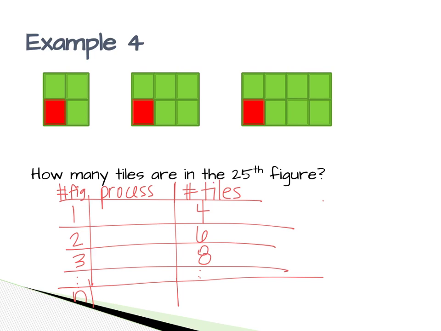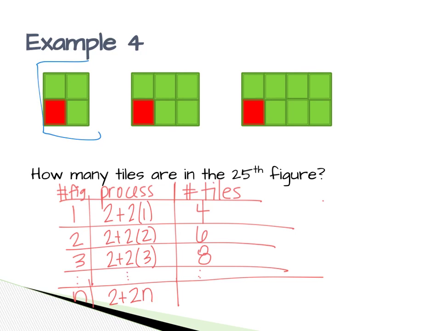How did I get from 1 to 4, and then from 2 to 6, and then from 3 to 8? And you have to remember that you have to use the same rule every time. I'm going to ask you to pause it right here and think about it, and then I'll tell you in just a second. Okay, so I thought about it, and I realized that I always started with this section,